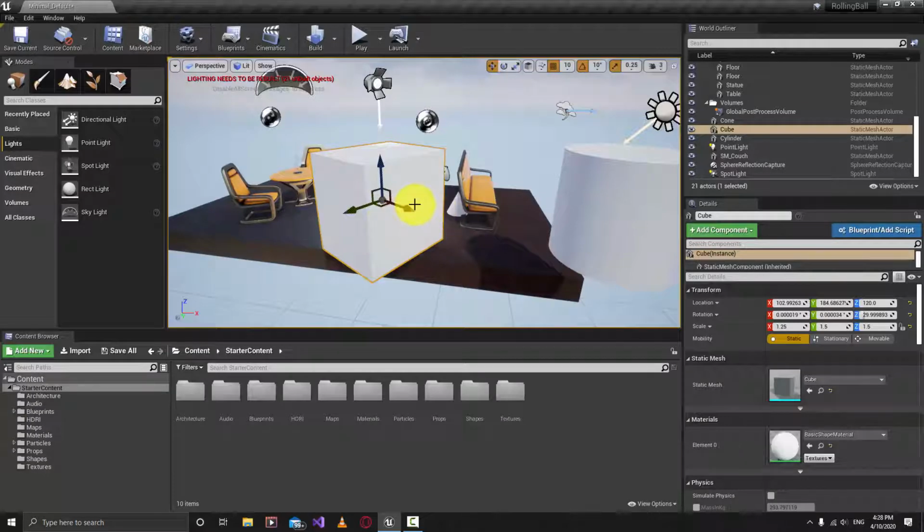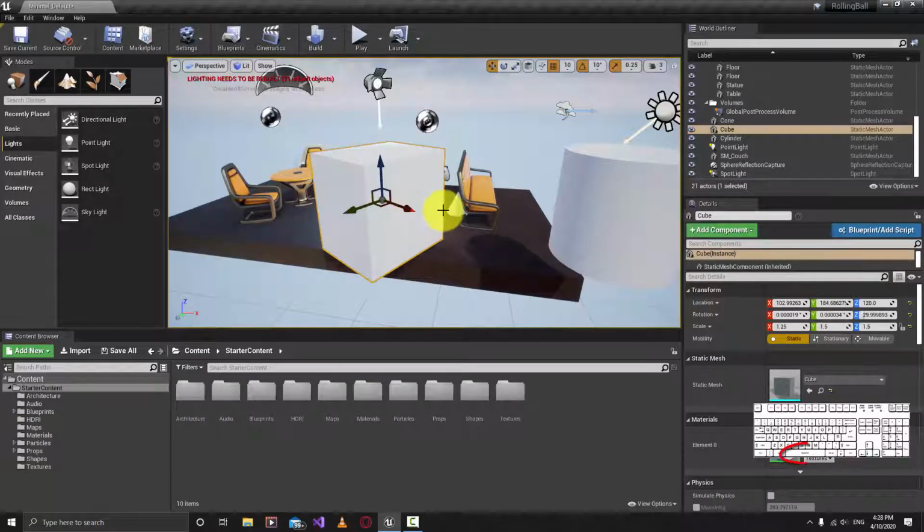But if you cannot remember them, you can just use the space bar. The space bar just toggles between them. If we are in the translate mode, if we hit the space bar, it will go to the rotation mode. After that, space bar again to the scale mode, and so on. So it toggles between them. All right,